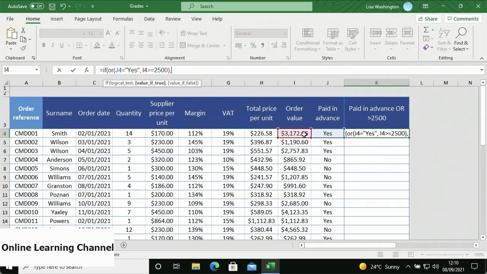Since I want to apply a discount, I'm going to select the order value in cell I4, insert an asterisk symbol to indicate multiplication. As I'd like to apply a 20% discount, I'll need to multiply that value by 0.8, then insert a comma. Next, I need to specify the value if false. If the value does not meet either of those criteria, I want to leave it as it is, so I'm going to select the order value cell once again. Once I've determined my criteria and my value if true or if false, close off the parentheses and press enter